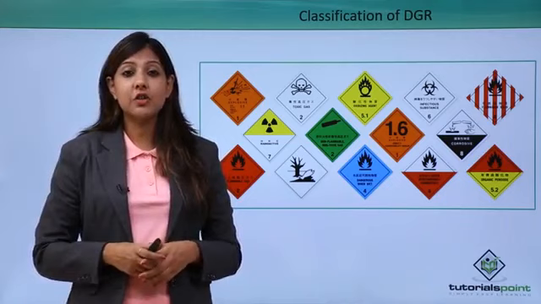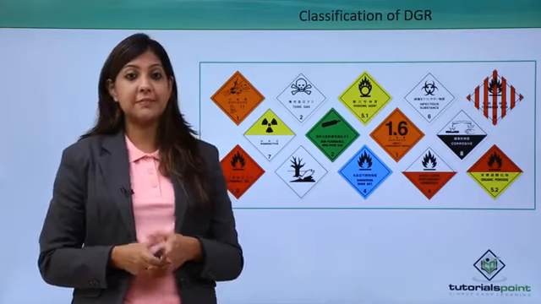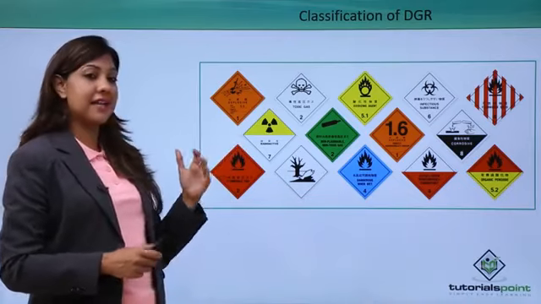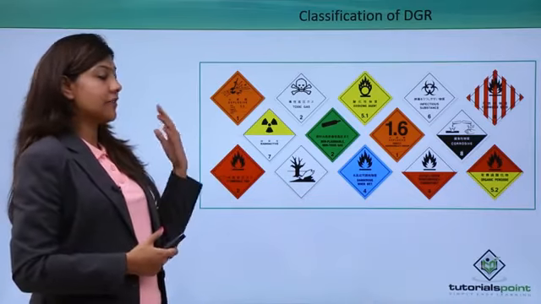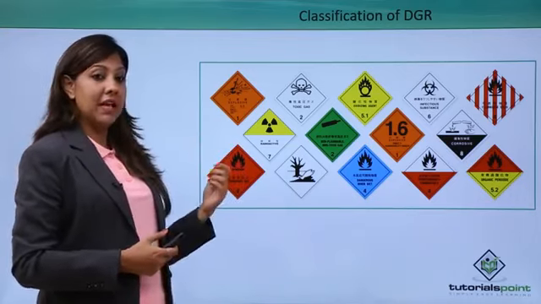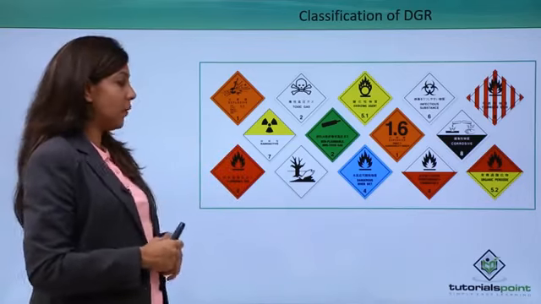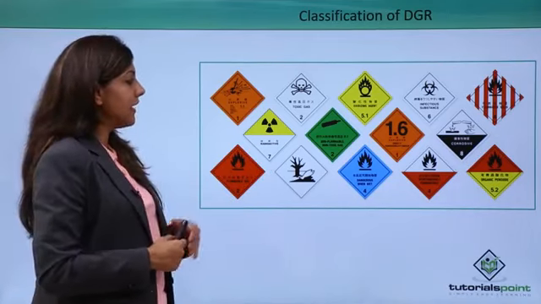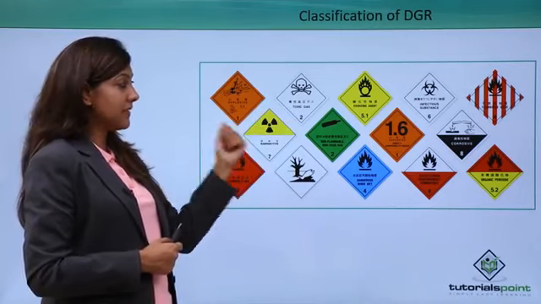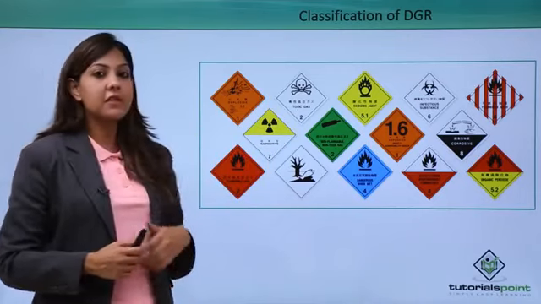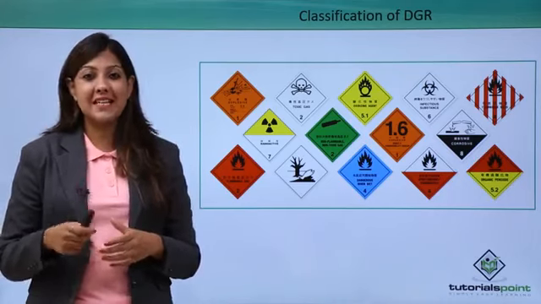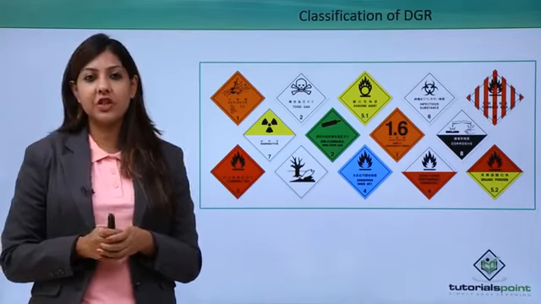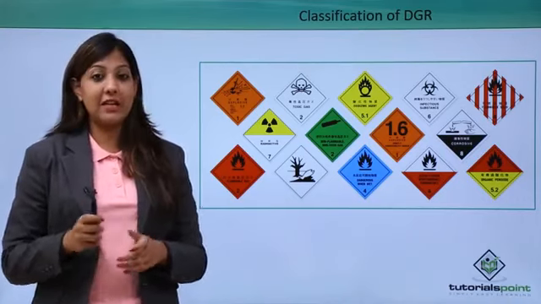Well friends, classification of DGR is very, very huge. It has many categories. Certain categories are: explosives, toxic gases, radioactive materials, oxidizing agents, flammable as well as non-flammable solids and liquids. It has dangerous kind of toxic gases or vapors. It has infectious substances, some corrosives, certain things which can really instigate fire very, very quickly. So generally the classification of DGR is done under 9 categories, and we'll now look at some of them in detail.